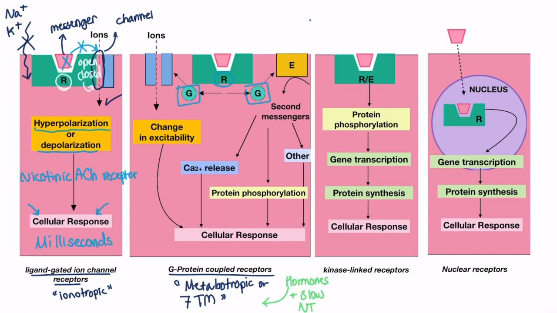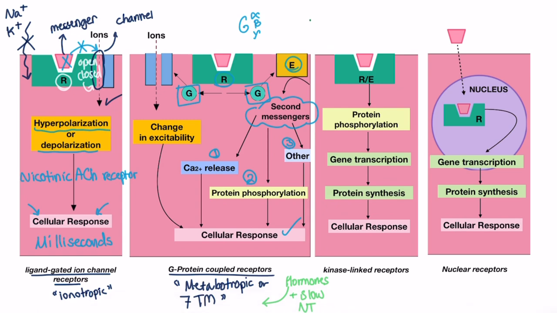When the receptor is activated, immediately the G protein detaches from the membrane and binds to the receptor. This leads the G protein to fragment into subunits alpha, beta, and gamma. These then interact with a membrane-bound enzyme and activate it. The active enzyme then activates a second messenger that leads to some intracellular effects, like calcium ion release or protein phosphorylation, and others, which all result in a cellular response.